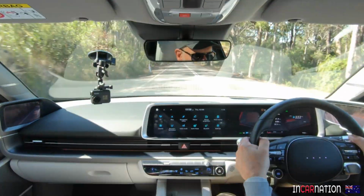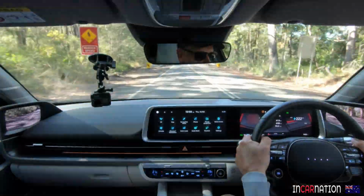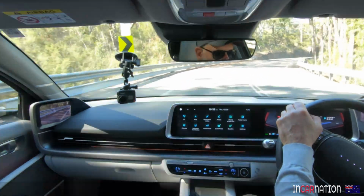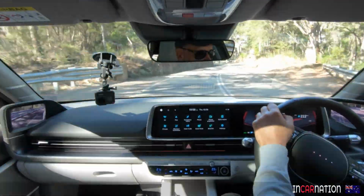Really impressive through there, Stu. Yeah. I mean, we're in sport mode there. It's got the pickup that you expect. It's not Porsche Taycan, is it? It's probably not. No. Tesla 3 dual motor. It's not there, is it? Not quite. But it's